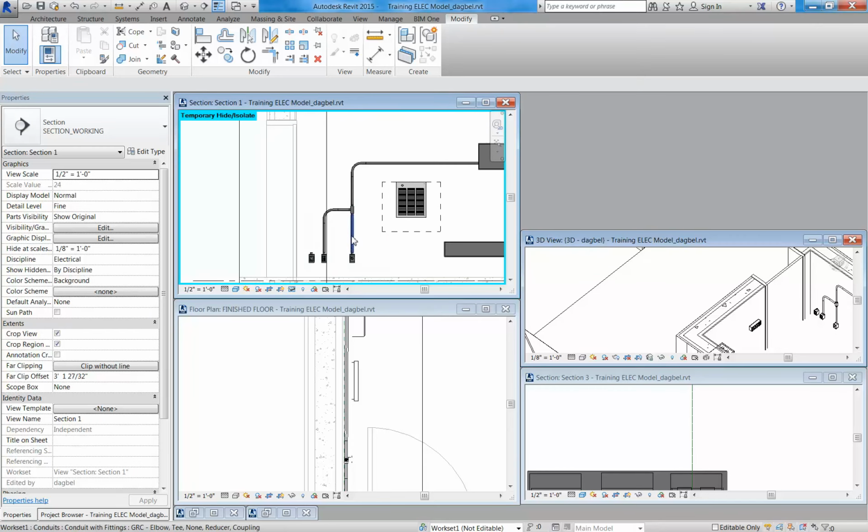And you can see one of the things that you want to take into consideration when you're routing conduit is that you want to think like the installer. So this is the closest FD box to this box, so we started in on the bottom, because as progressively as you come in, you're going to have to stack conduits on top of